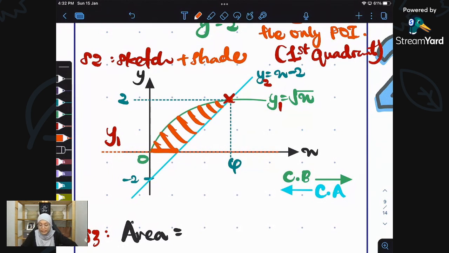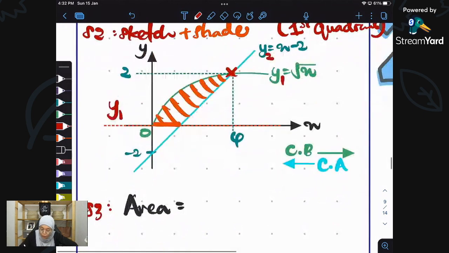Okay, so this is it. Sudah selesai, dah yakin inilah shaded region kita, bolehlah kita cari the area. So how do we find the area? We need to put the integral, and then